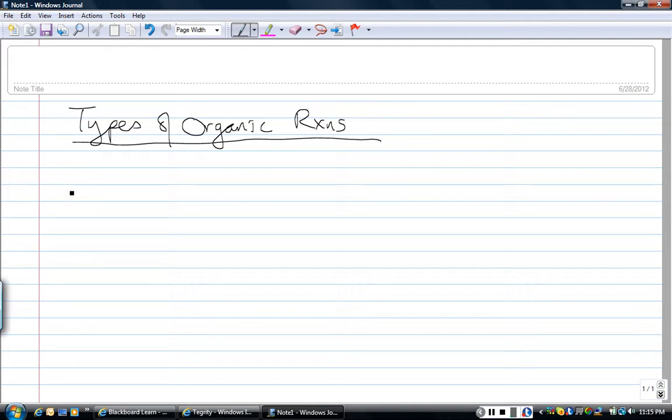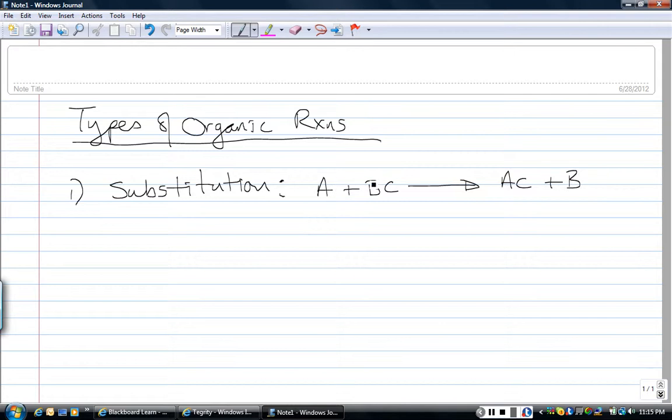The first of it was substitution, and we saw that substitution reactions essentially were of the type A plus BC give rise to AC plus B. In other words, one species A would substitute or replace another species B. There were several examples of those reactions. I think I gave you an example of